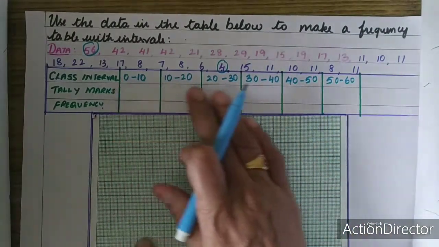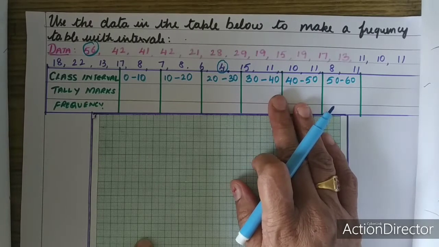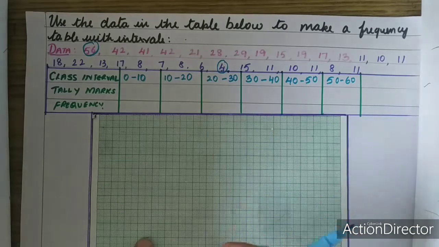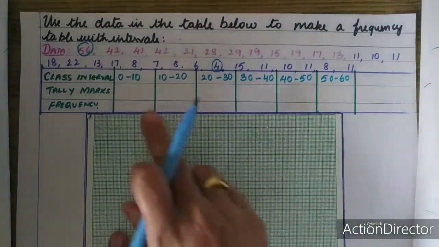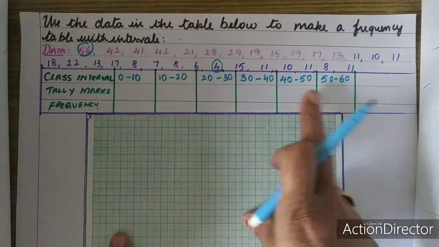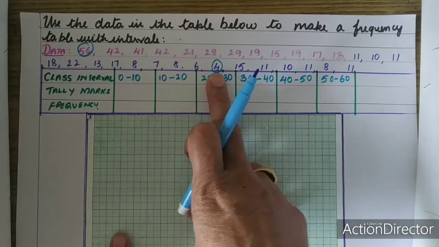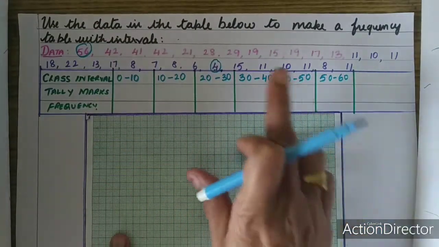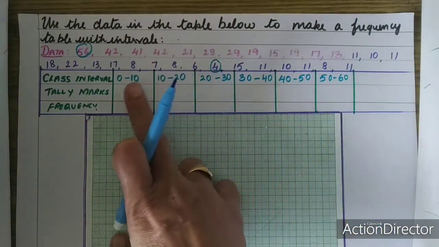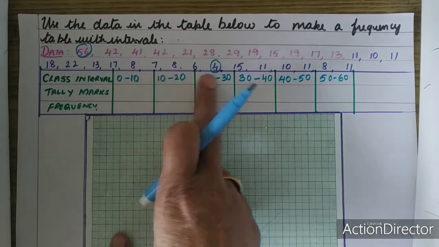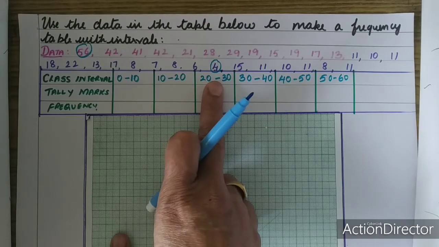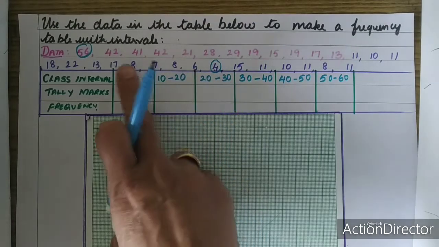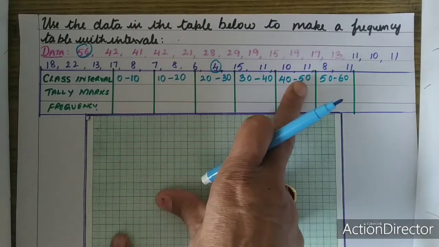And we are making the continuous class interval because a histogram can be made only with continuous class intervals. If it is discontinuous, then there will be a gap between the bars of the histogram. So it is always better to make a continuous class interval. For that you have to find the smallest number and the greatest number. You can also have groups of 5, but it is always better to have groups of 10. You can have it with groups of 5 also, with 5 as the difference. In order to find the smallest and the greatest number, you can arrange the data in ascending order also.